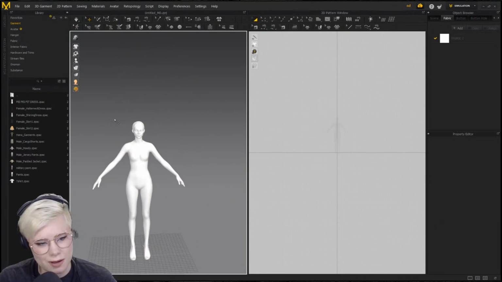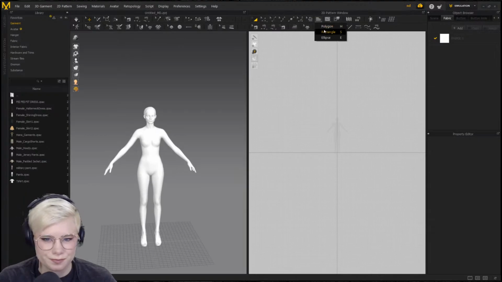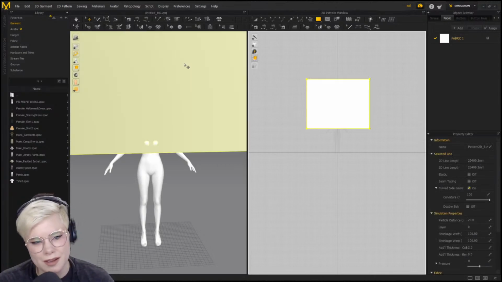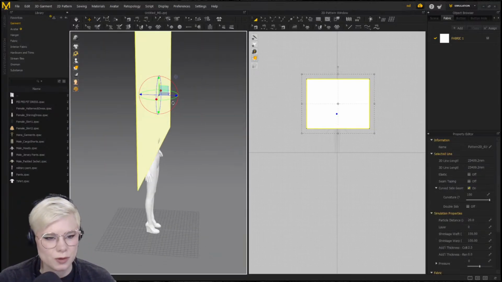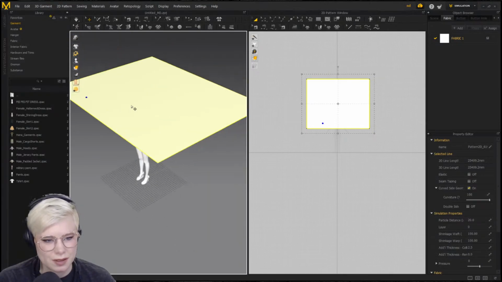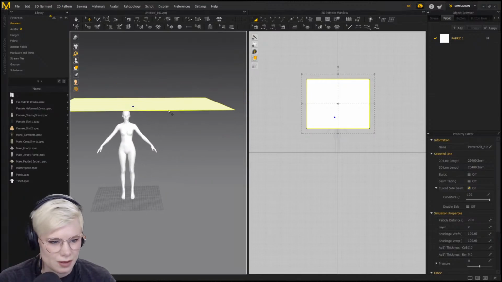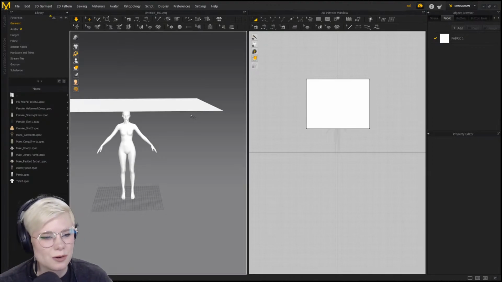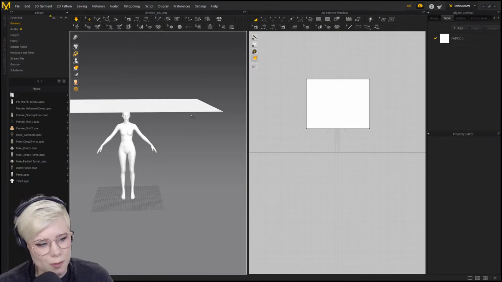So if you bring in your avatar and it's too large, let's just do a giant rectangle. Also, your fabric's gonna be too large too. And look at this. I'm gonna simulate this with CPU, not GPU. And we'll see the speed. This is still at 20 particle distance. And this is before I do any detail. It's simulating right now. So if you are having a slow simulation, you might want to check the scale of